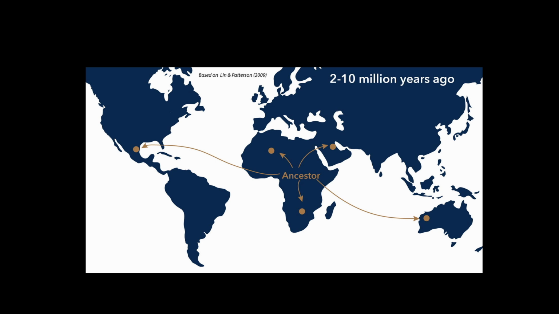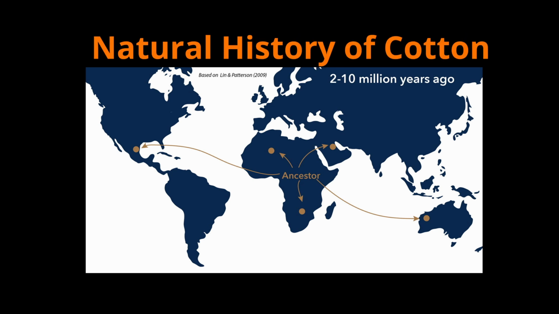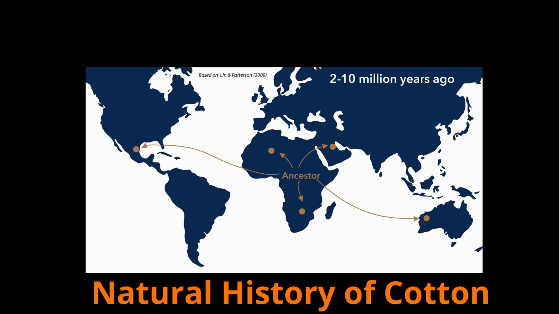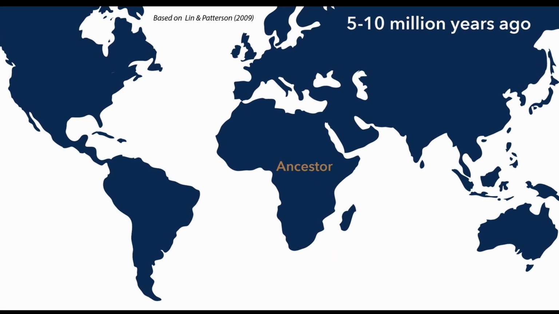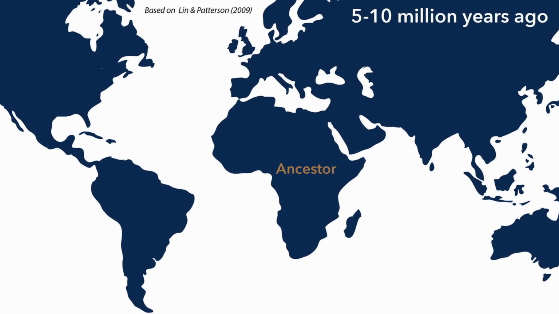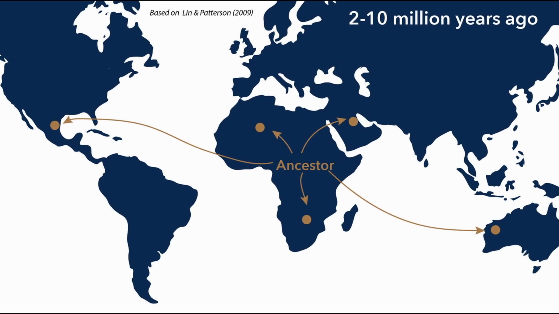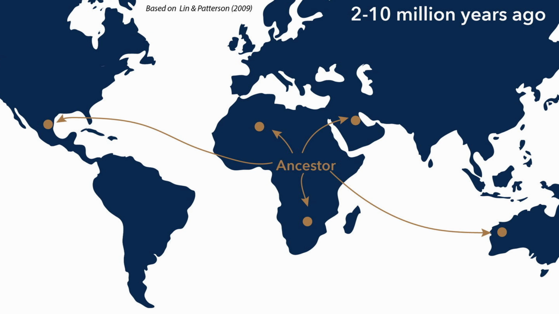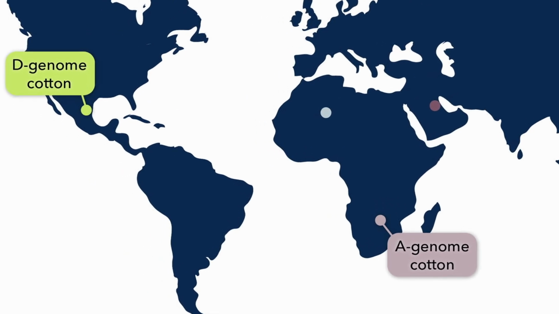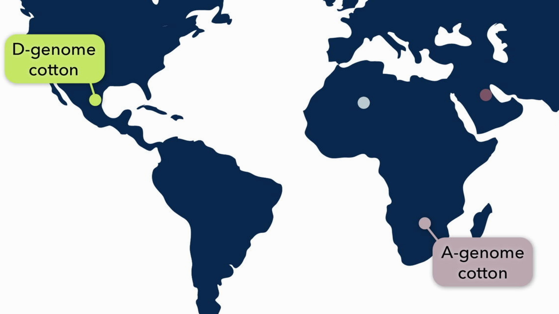To understand this, we have to look at the natural history of cotton in 5 steps. 1. All living Gossypium species share a common ancestor that lived in Africa about 5 to 10 million years ago. 2. The seeds of this ancestor spread across land and water, establishing new populations. 3. The descendants gradually change over time into different species, including A-genome species in Africa and D-genome species in the